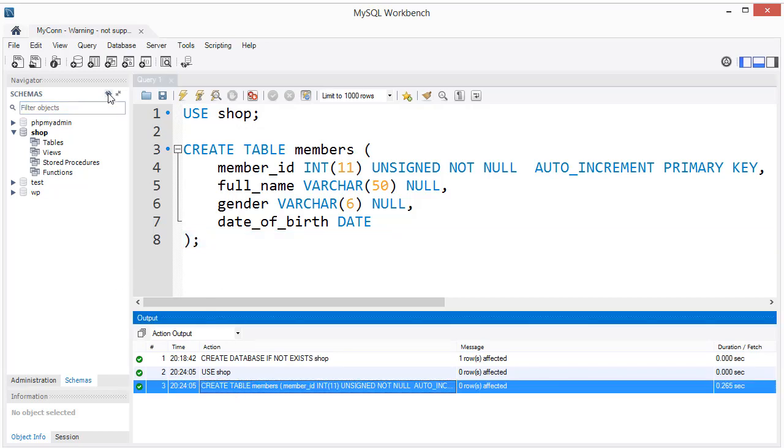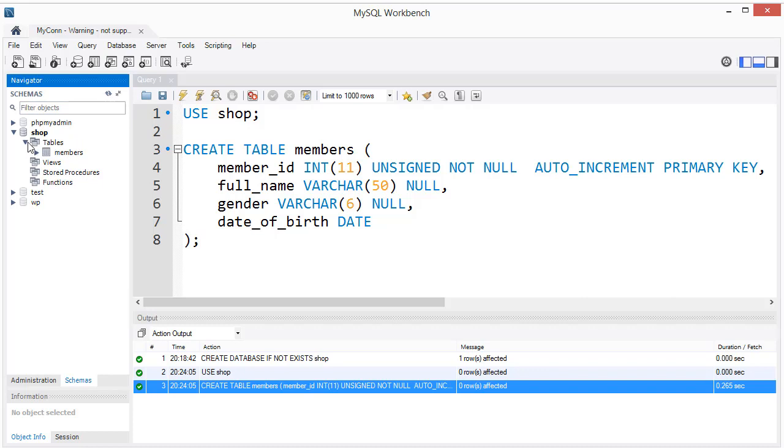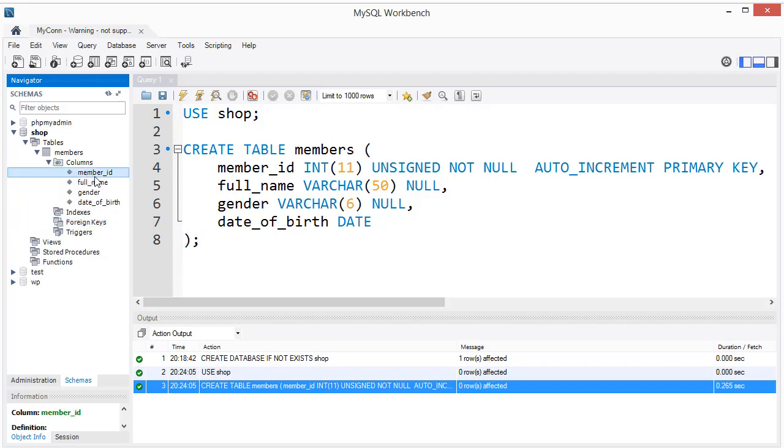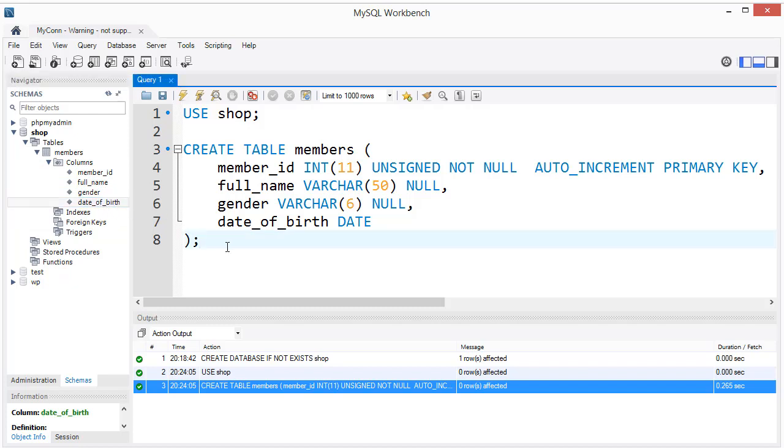And if I refresh our panel, you can see we have a table of members, and it contains a few columns. It does not have foreign keys, I think, or triggers, which we will discuss in our next series. But for now it has columns: member ID, full name, gender, and date of birth, right? Okay,